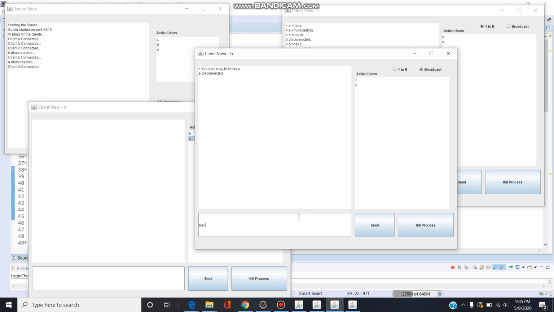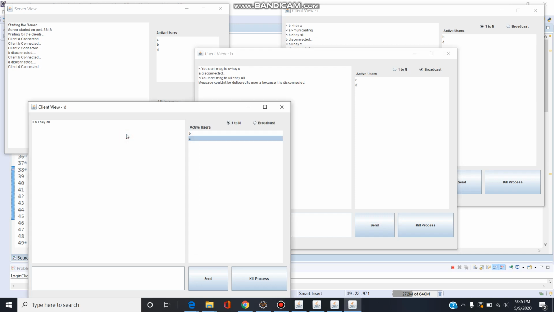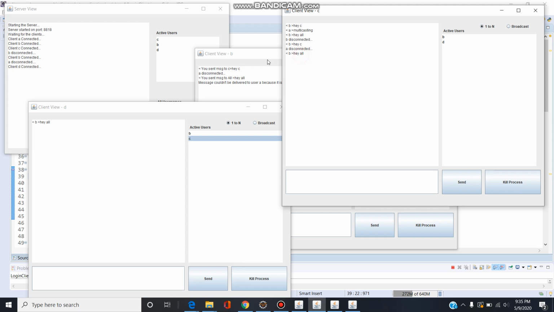So if I send the message "hey all" for broadcasting, this will show me: message could not be delivered to user A because it is disconnected. This was a requirement of the project, but the message was delivered to user D here and to C also.